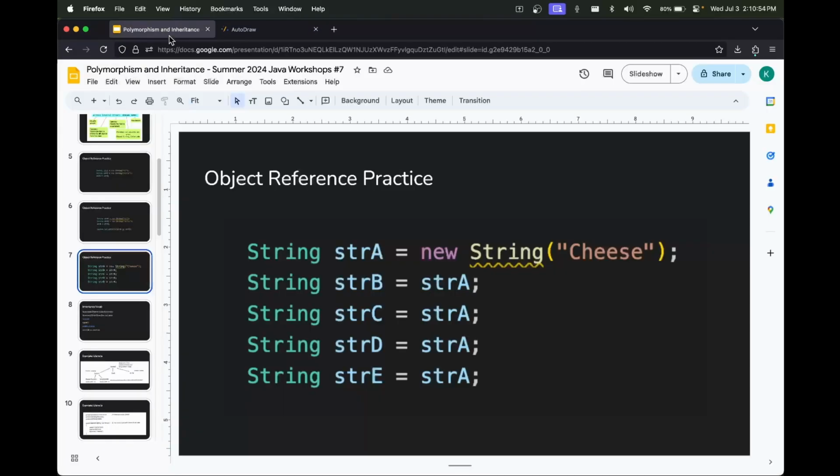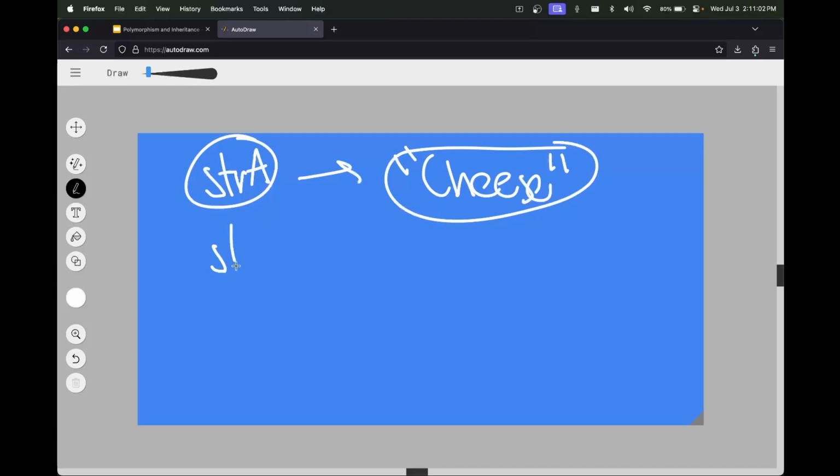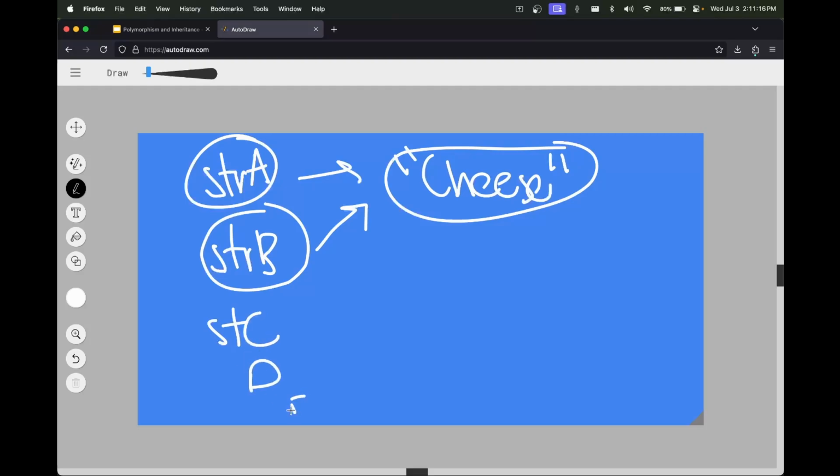But then for all of these other variables, since you're saying they equal string A and you're using the variable name, it's going to look a little like this. You're not going to make a new object, you're saying that it points to whatever object string A points to. So for all of these, like C, D, E, all of these are going to point to the same